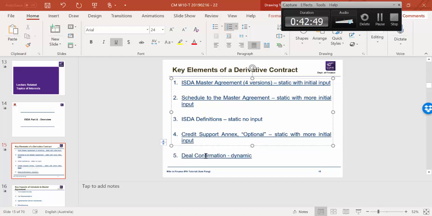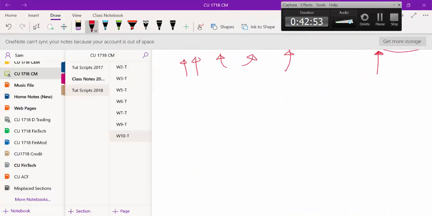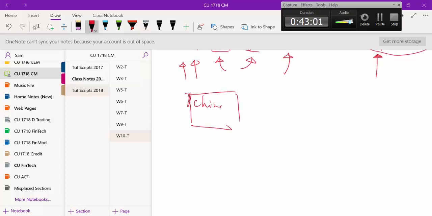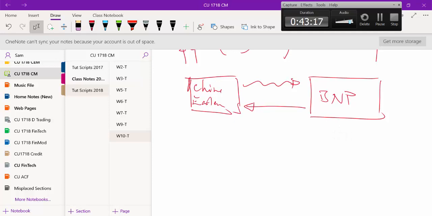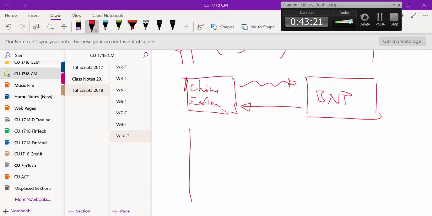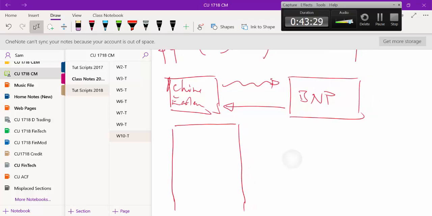the reason is, think of it like this, okay? So today, you are China Eastern Airlines, and you are dealing with BNP, and you want to do an interest rate swap. Let's just say you do. So your contract, your so-called derivative contract, will have a lot of parts. The entire contract will have the master agreement, there will be a schedule to the agreement,